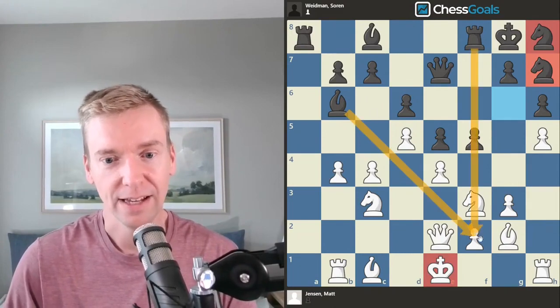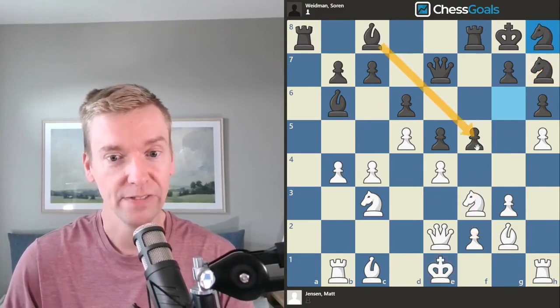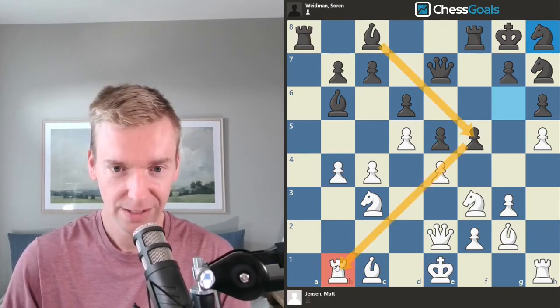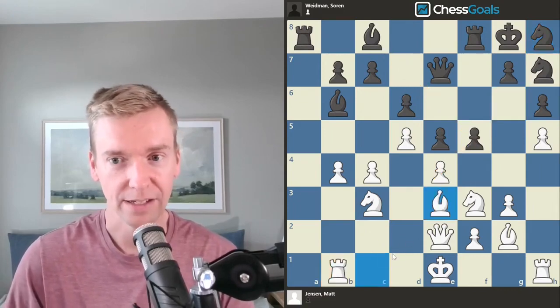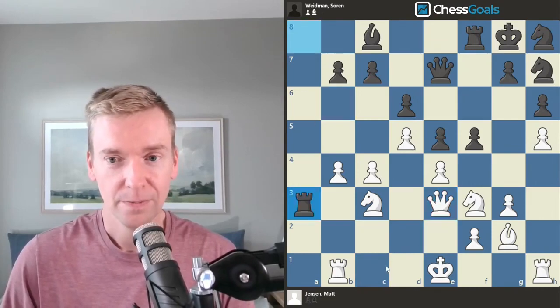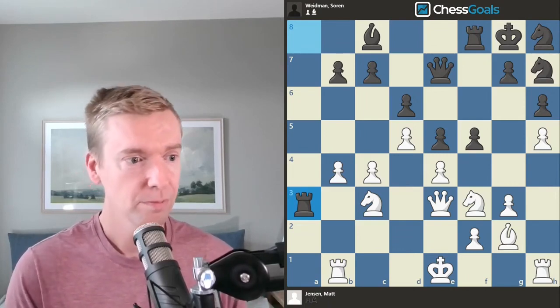I don't like the activity that black has. This bishop is coming out to f5 in 2 seconds. It's going to be on the diagonal of the rook. All of this felt bad during the game, but I'm trying to play active. I go bishop e3. Take, take. He goes rook a3. So this position is equal in terms of material, but I want you guys in the